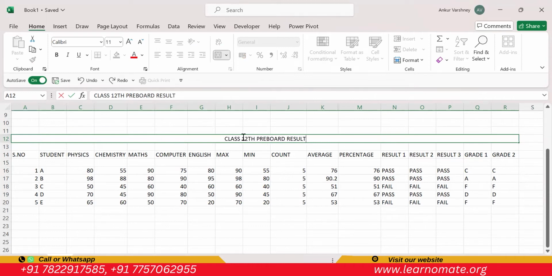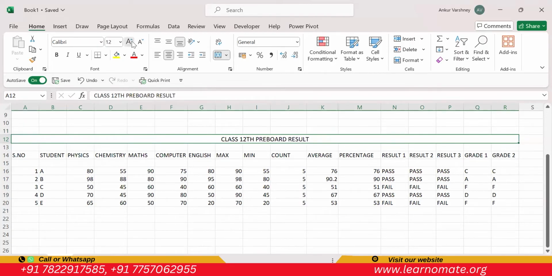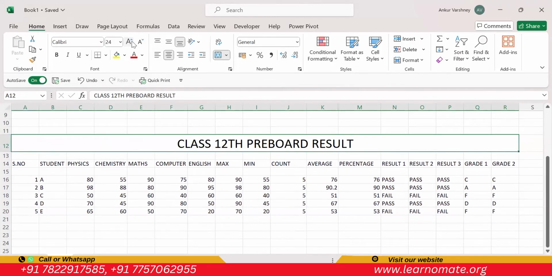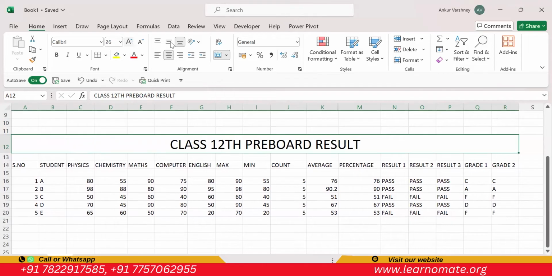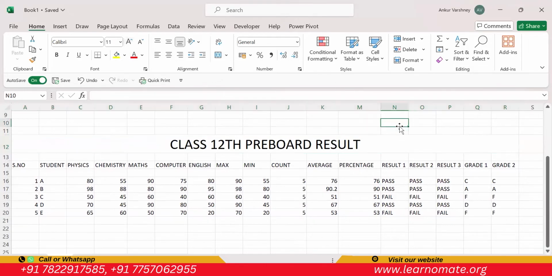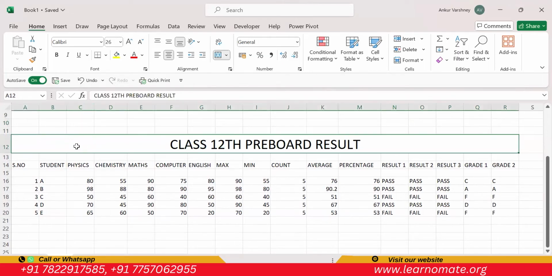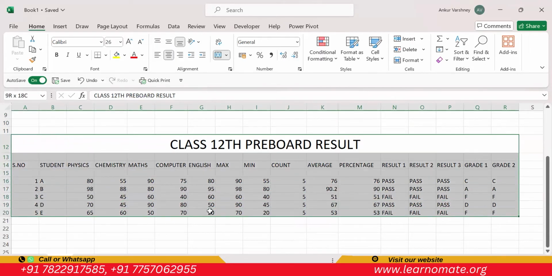And if you want to increase the size of this, it's very easy. There are two symbols of a big A and a small a. By using this, you can directly increase the size of the heading. And you can do lots more, like suppose you want to fill this. First select the whole selection,